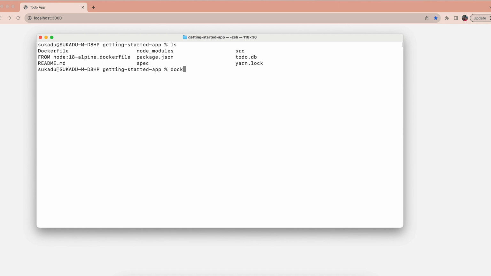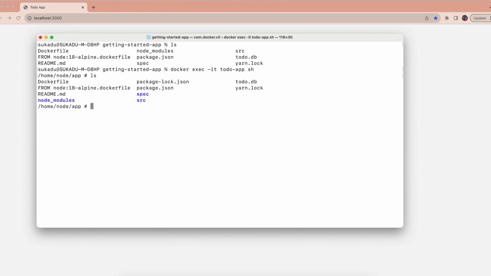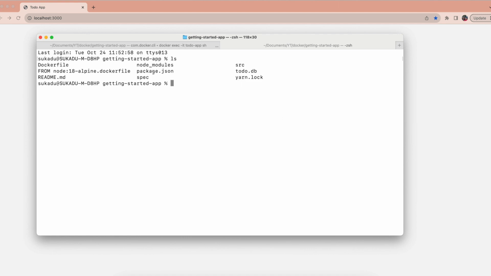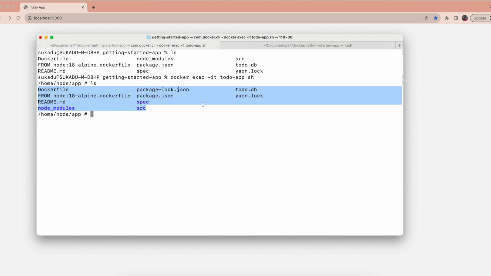The way we can do it is docker exec with interactive and tty. The container name is todo app, sh. So I will land in the working directory. If I do ls here, all my data is actually present here, which is on my local file system also, right? So if I do control T now, let me open another container, right? If I do ls, whatever data is present on my local file system, I can see that on my